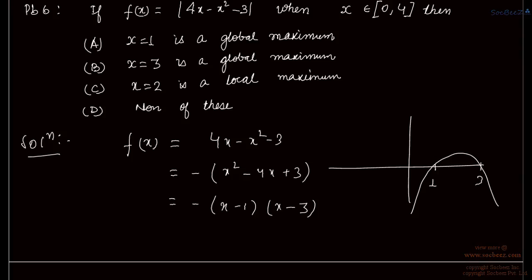Okay, so at x is equal to 2, we are getting the maximum value for this curve, right? But this f(x) is not this curve. f(x) is actually the mod of this curve. So we have